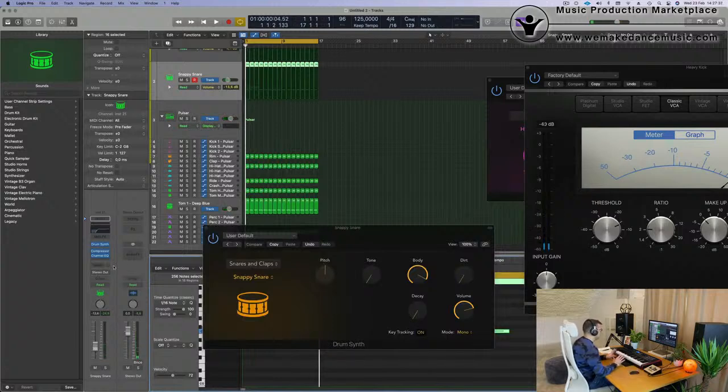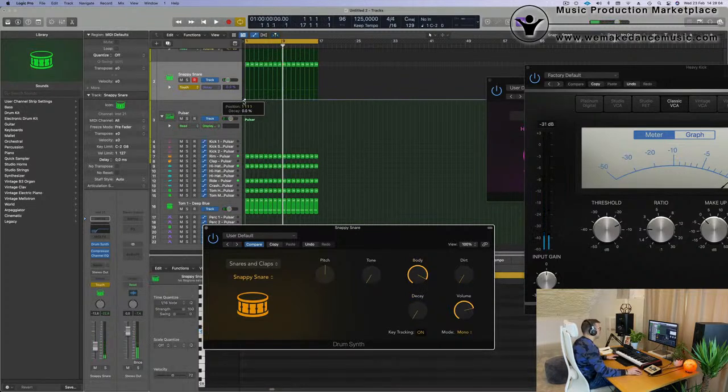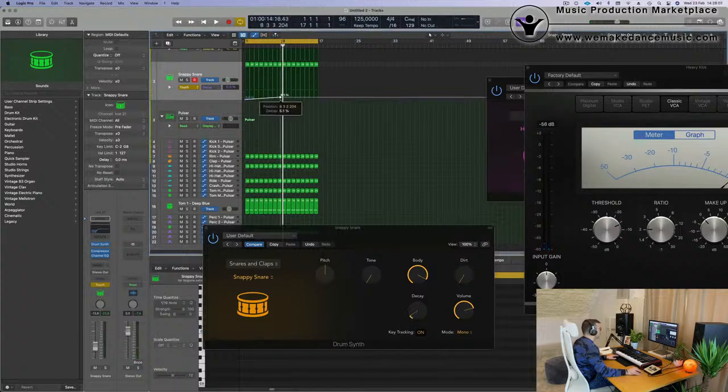I can do two different things. I could do a send to a reverb, which will make it bigger, into a room, or what I will do is increase the decay. So I'm gonna put it on touch, open, until it becomes pretty much only noise. Like this. So I think this is